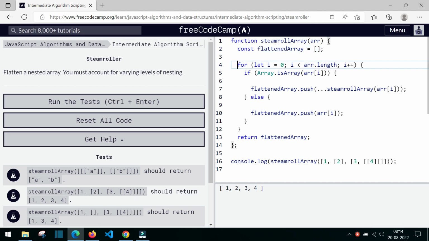Now I have used a for loop to access every element of this array, okay, the argument which is passed. I am going to be accessing every element of this array using this for loop, okay. I equal to 0 means the first element index, okay, and I plus plus means the index will be increased by the value of 1, and I less than arr.length means it will be accessing up to the last element of the array, okay. And we can write like this also,